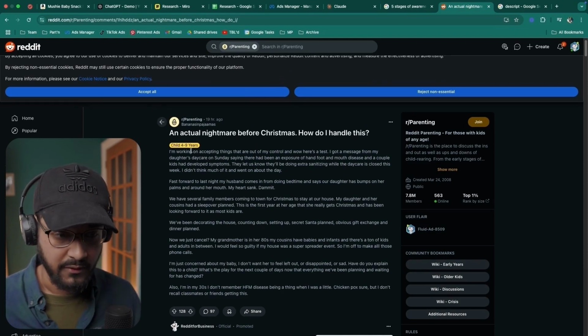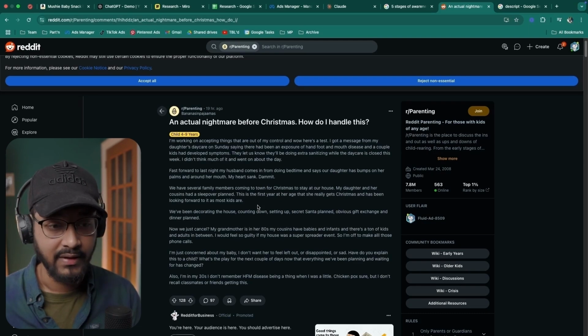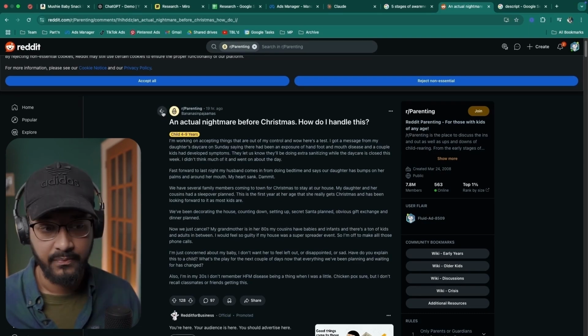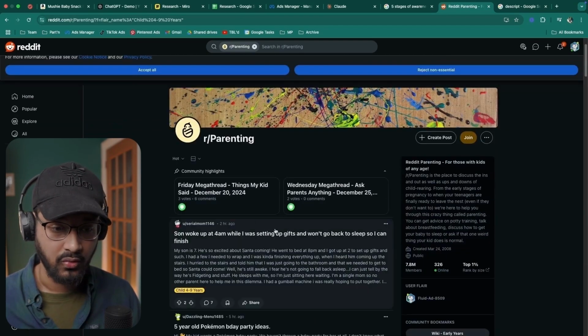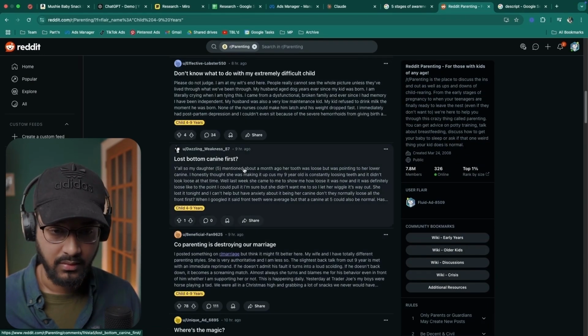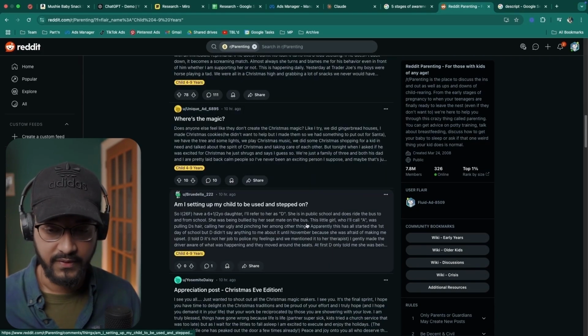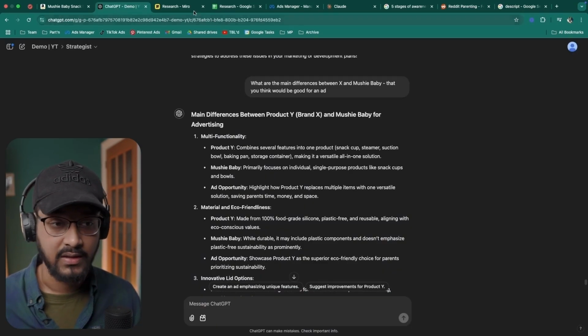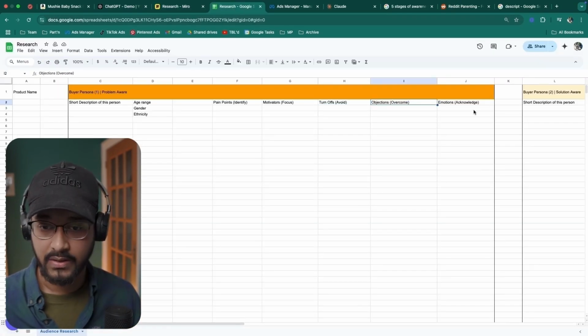Also, talking about forums, within each of these Reddit forums, you have subreddits. So if I know that people with children between the ages of 4 and 9 purchase, I can just go into that subreddit and understand a bit more in depth what parents with kids around these ages talk about, or what are their problems and frustrations. And so I have a very solid understanding of their pain points, motivators, turn-offs, objections I need to overcome,